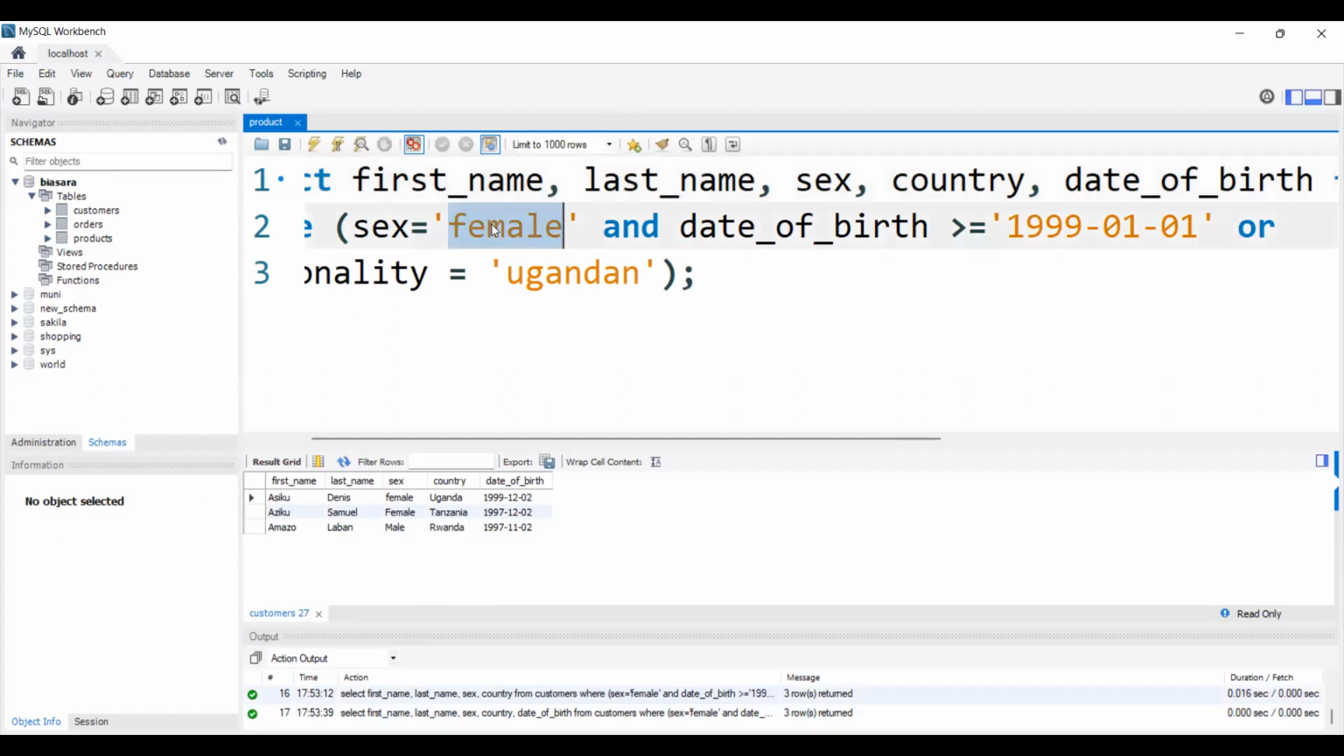One, Dennis and Samuel are female. Two, the reason is their date of birth. Let us put, we're born after this. Yes, they are born. You'll find that one, Dennis is a female, is a Ugandan, and was born in 1999. He fulfills that. Then when it comes to Azizi Samuel, is a female,